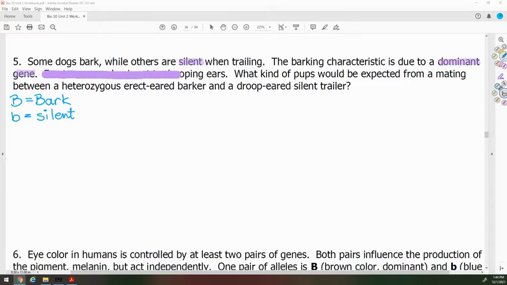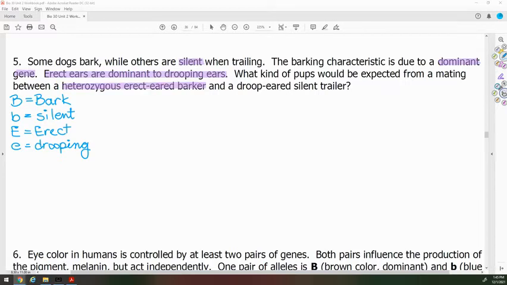Next, erect ears are dominant to drooping ears. So I'm going to use capital E to represent erect ears and lowercase e for drooping ears. What kind of pups would be expected from a mating between a heterozygous erect-eared barker